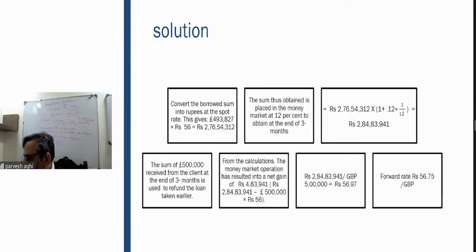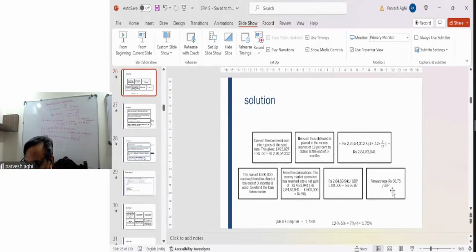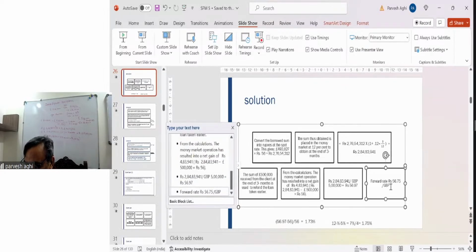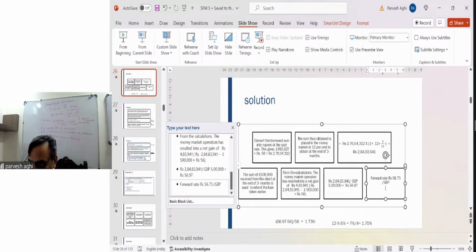So there can be either arbitrage or reverse arbitrage depending upon the forward rate hedge, maybe, sir. No, Tanisha, the forward rate is 56.75. So that means you will be getting fewer Indian rupees, isn't it? If you use 56.75, your actual money in terms of rupees is not going to be good. Okay, so if we calculate this,